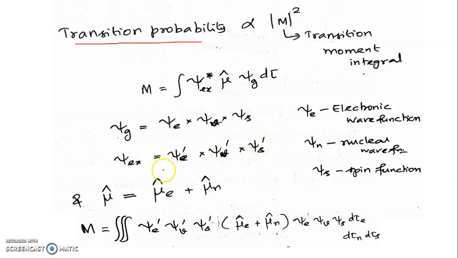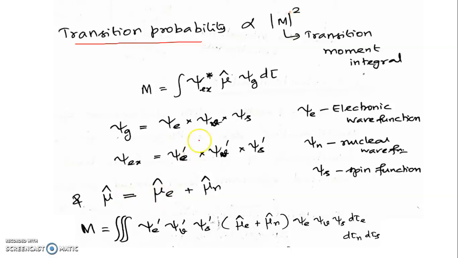Then this dipole operator has two components. One is the electronic dipole moment, the other one is the nuclear dipole moment. You know very well, the nuclear dipole moment is due to vibration. If vibration occurs, then also charge separation may happen, or the electron clouds get displaced. So the dipole moment has two components. One is due to the electronic part, the other one is the nuclear part. Are you able to understand?